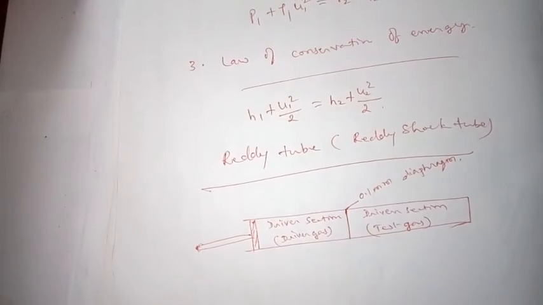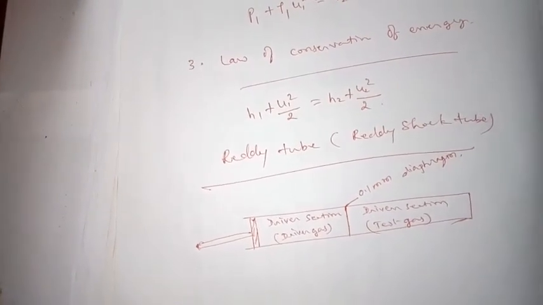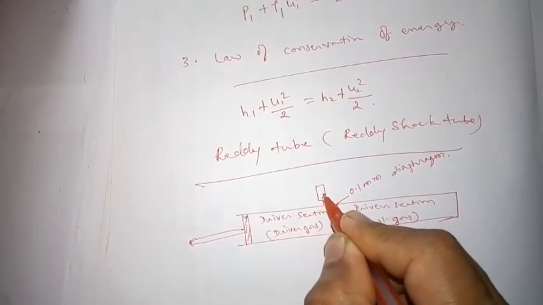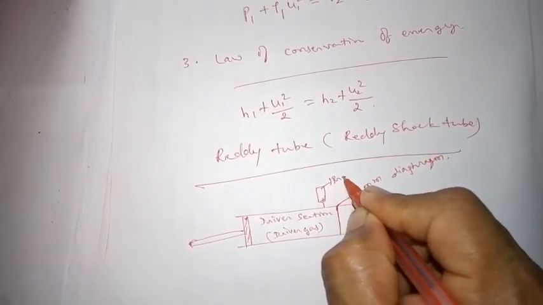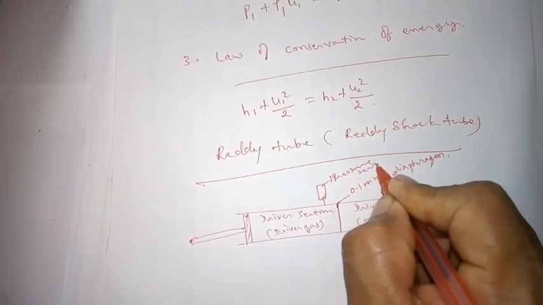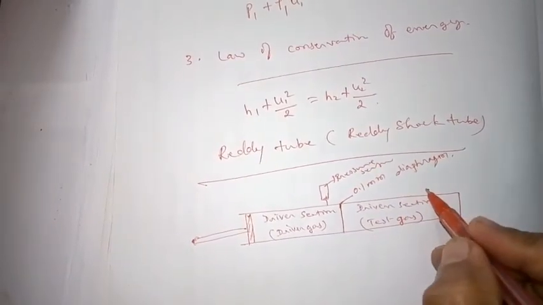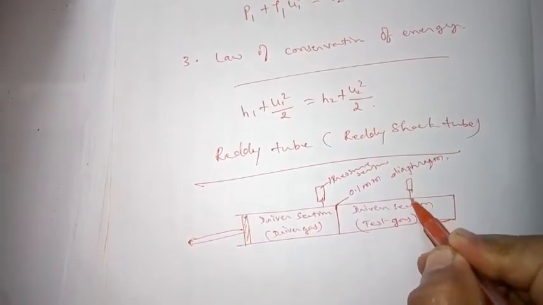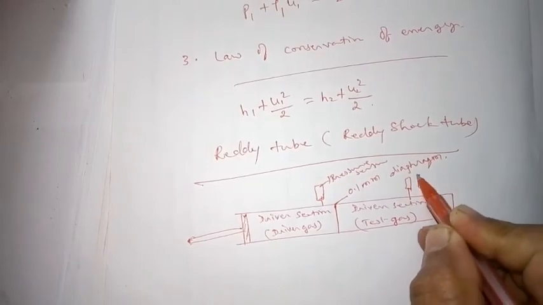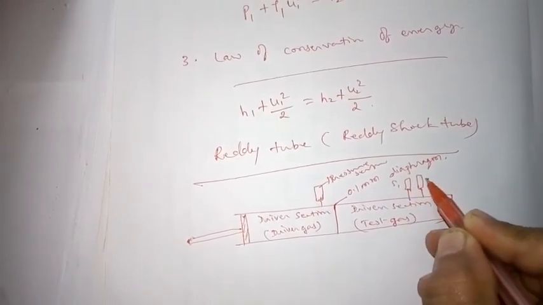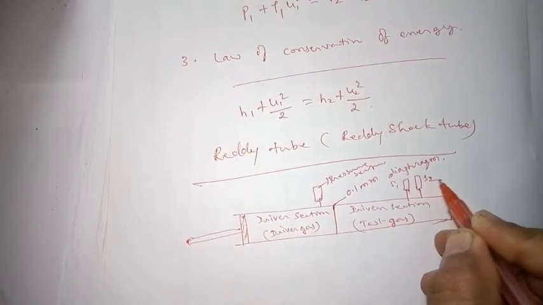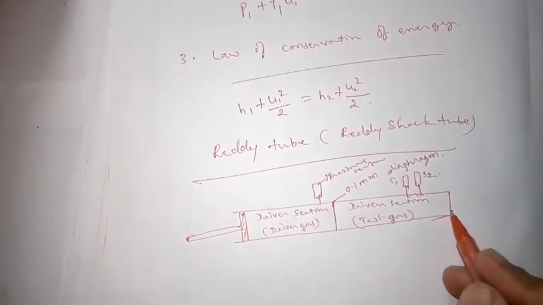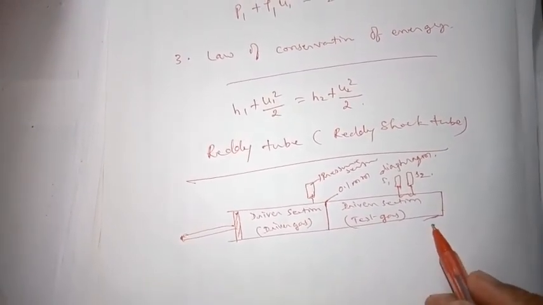Generally it is made from aluminium or paper, etc. Okay. So the driven section is fixed with a pressure sensor to measure the pressure, and the driven section is also fixed with two sensors with a fixed distance. Roughly it is fixed at 70 and 80 centimeter. So the separation of the sensors is also fixed. So this end is known as the upstream end, this the downstream end.